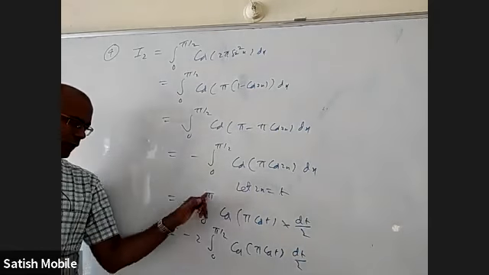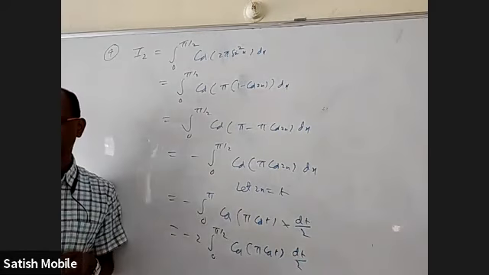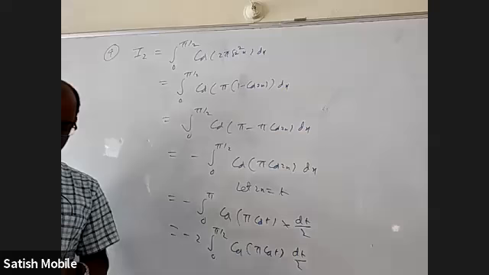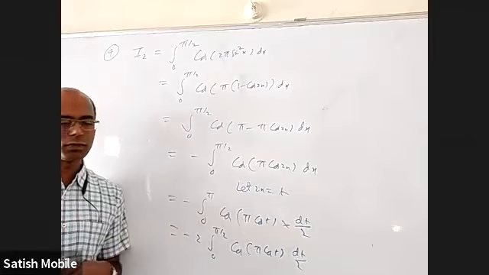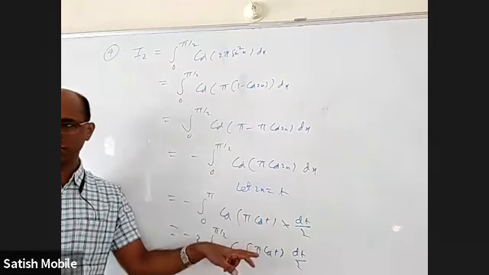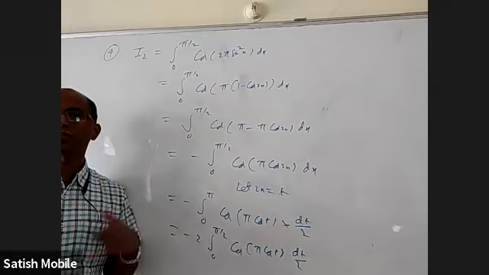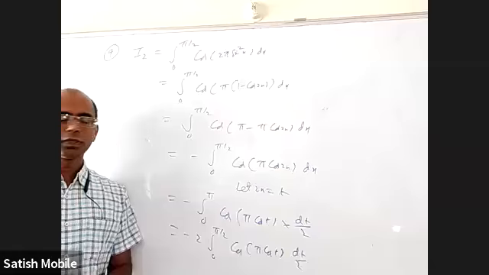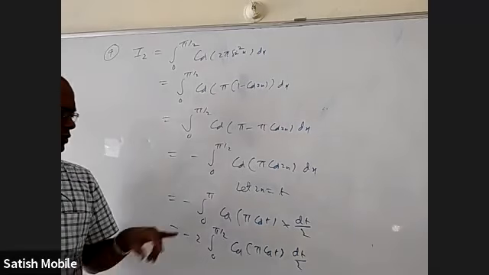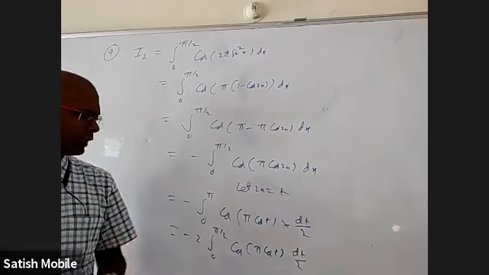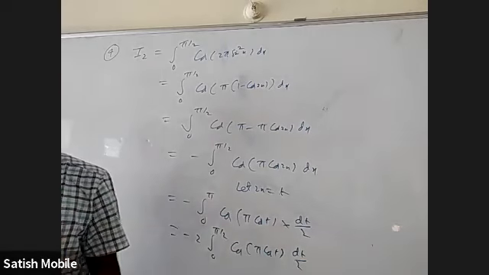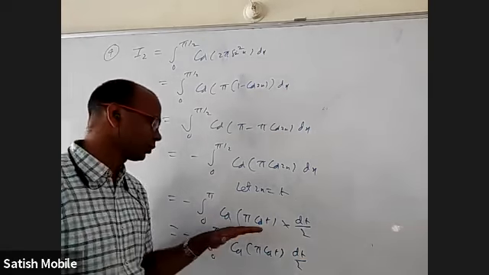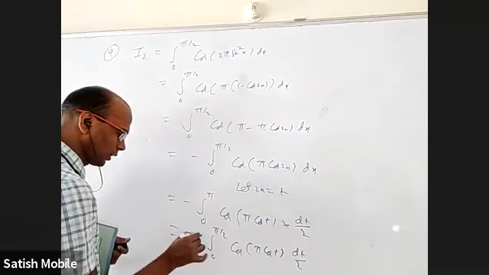Anybody want to tell me why 0 to pi can be written as 2 times 0 to pi by 2? It's an even function. No, we don't call that as even. If integral minus a to a is there, we talk about even and odd. Here, somewhat like even. What I mean is, replace x with a minus x. If we get f of x back, then 0 to a can be written as 2 times 0 to a by 2. Whenever f of a minus x is f of x, 0 to a can be written as 2 times 0 to a by 2. Same thing. If it is 0 to 2a, whenever f of 2a minus x is f of x, 0 to 2a can be written as 2 times 0 to a. Okay, so that's how. Now, 2 and 2 got cancelled.